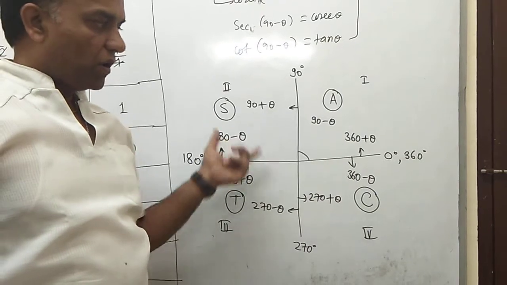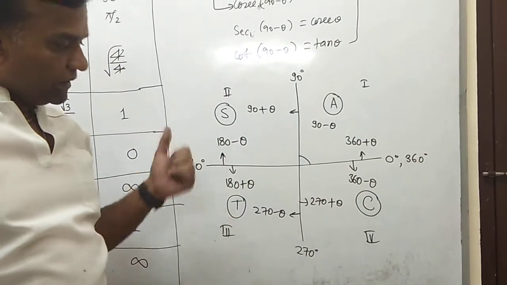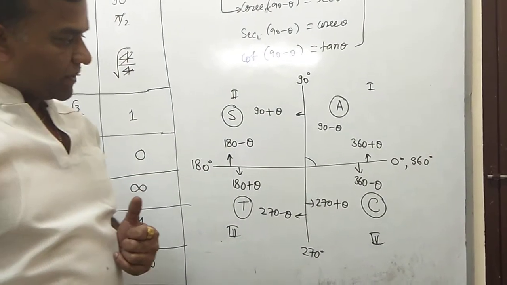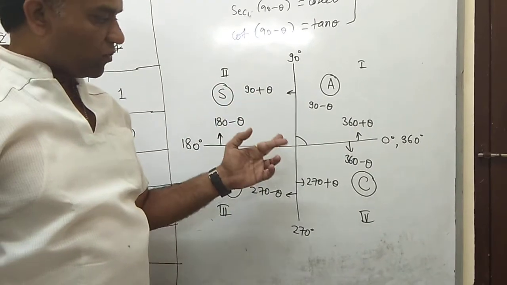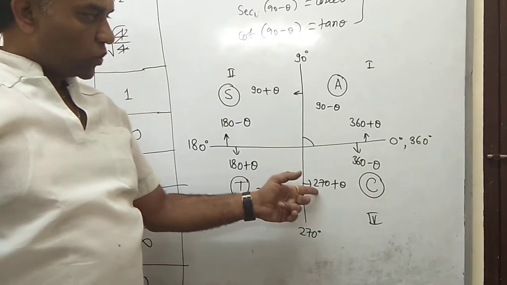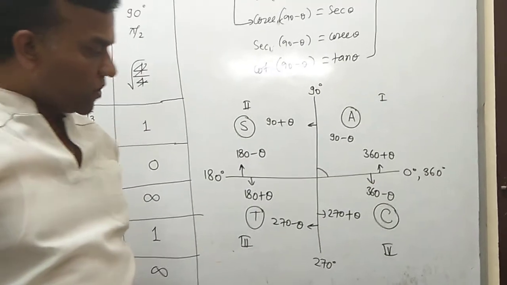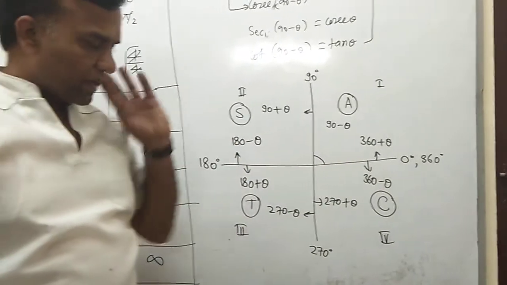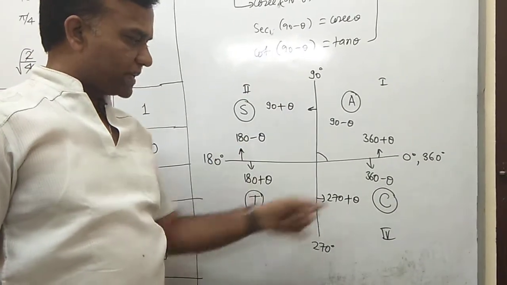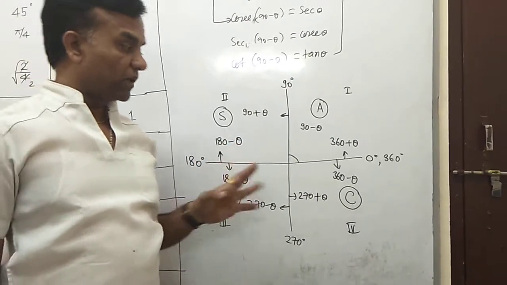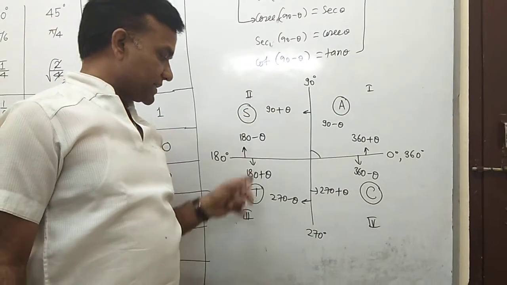You write down all values, and then again I revise the concept here, because you write down 90 and 180 and then 270 and 360, because you have the conditions. So first I give the concept of how you revise this 4 quadrant formula. Here we write down A, S, T, C.